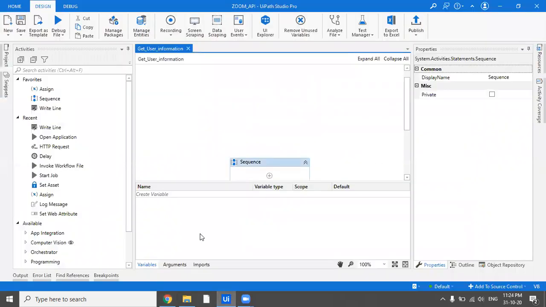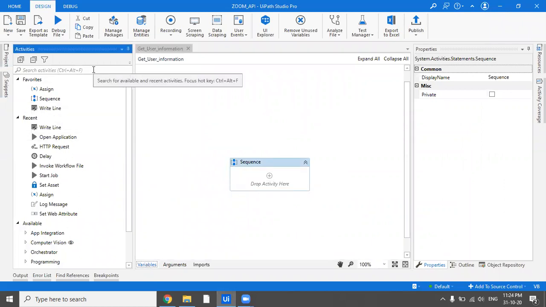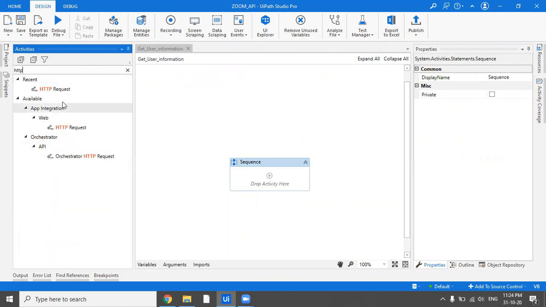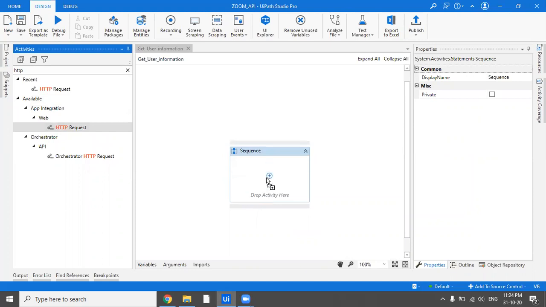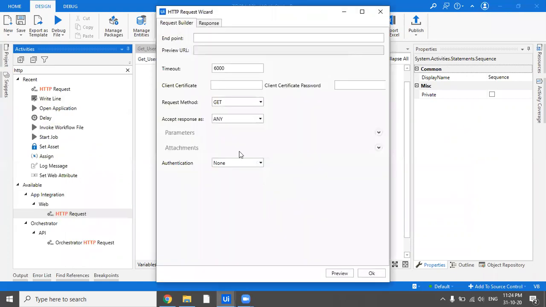Now when I have to make an API call, what does it actually mean? That I am sending an HTTP request and I'll get something in response. It could be a success result and I get all the user information, or it could be not a success because there is something wrong with my API call. So instead of user ID, I'll write me, because as of now I do not have the user ID.